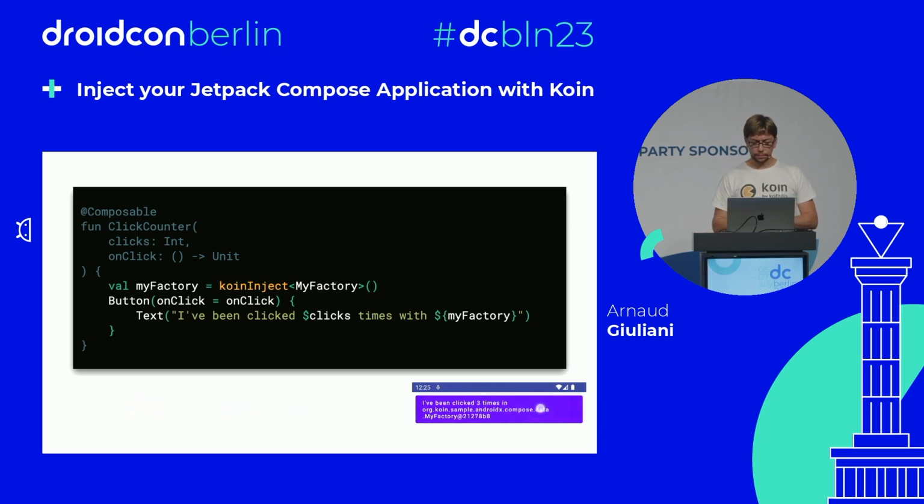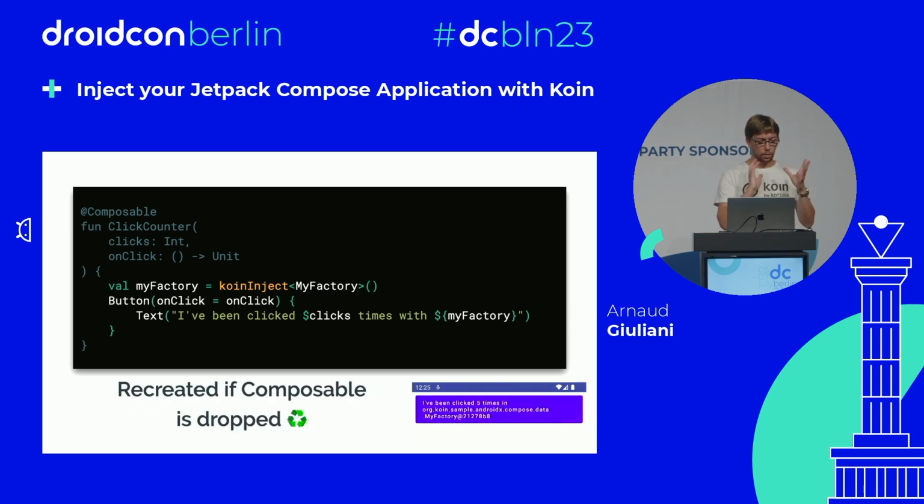And then also, it will be dropped. That means that if your composable is completely hidden or dropped by the system, then we will also drop the instance that is attached to it. This is a good thing: naturally with the compose system, we can attach an instance of any kind of object directly to your composable, and it will be held for your composable as long as it's being displayed.